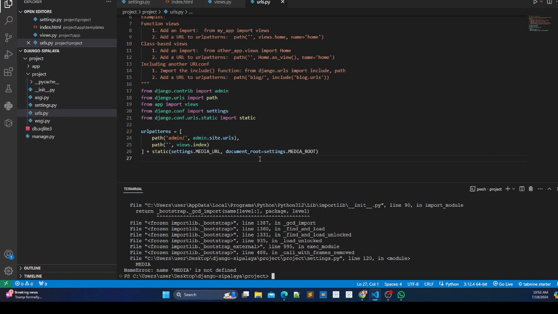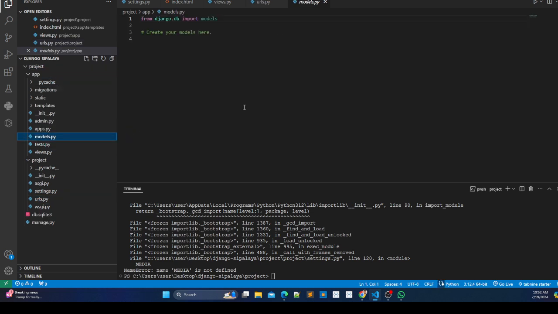Now, after configuring all these things, I'll go to this file, models.py, in order to create my own models. Here we'll create the class relating to the database, and we will migrate that to this database. In order to do that, please wait a minute. Let me